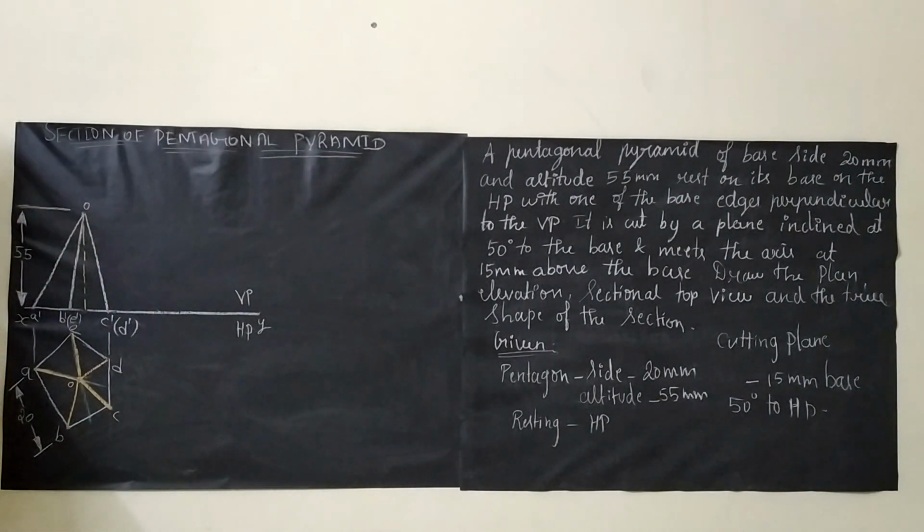Dimensioning, you have to dimension like this. You have to leave a 1 mm gap. This is the extension line. Extension line should be drawn with your 2H pencil, dimension line should be drawn with your H pencil, and wordings and numericals should be written with your HB pencil. Now we will be seeing how to draw the cutting plane.